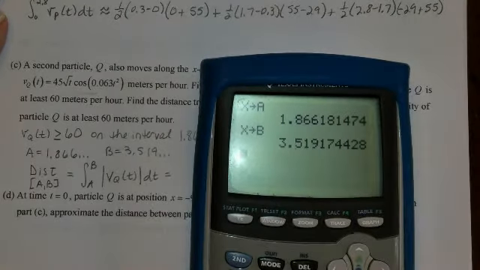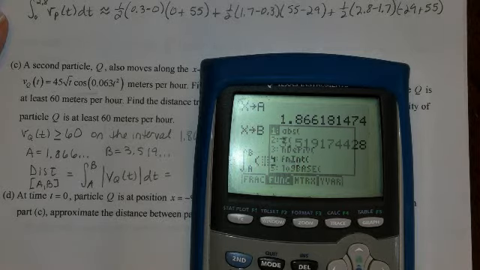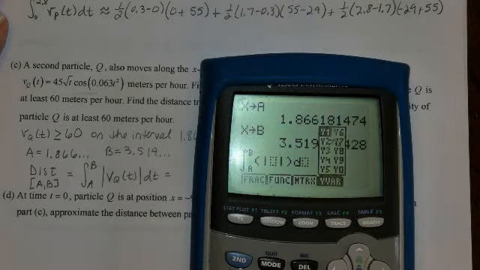So I need integral, math 9, A to B, of the absolute value, grab your absolute value, of what I have stored in for y1,